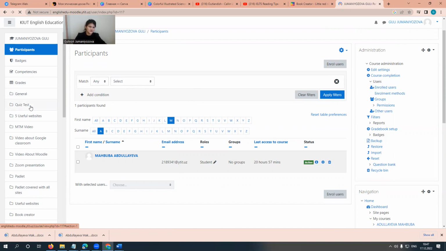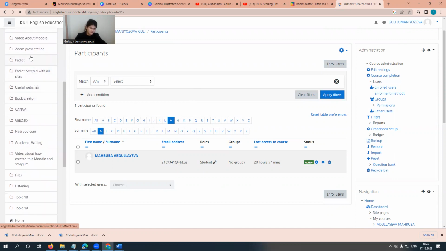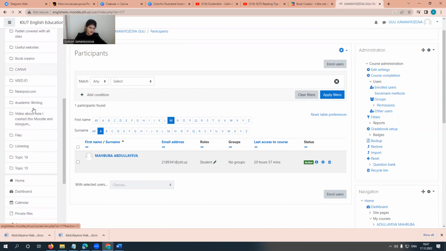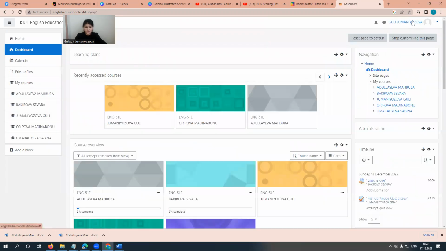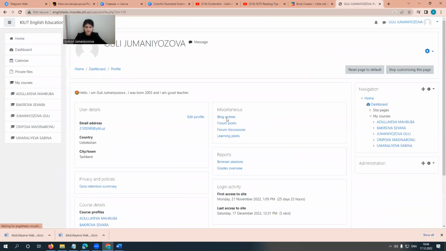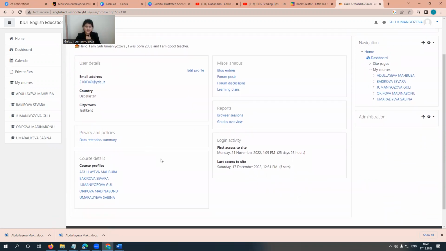We have also, this is a structure and the files here, as you can see. And we have a private file. When we click this button, we have dashboard. And also you can change your dashboard, and also we have our profile. In this place we have all information about me, for example, email address, country, city, or some